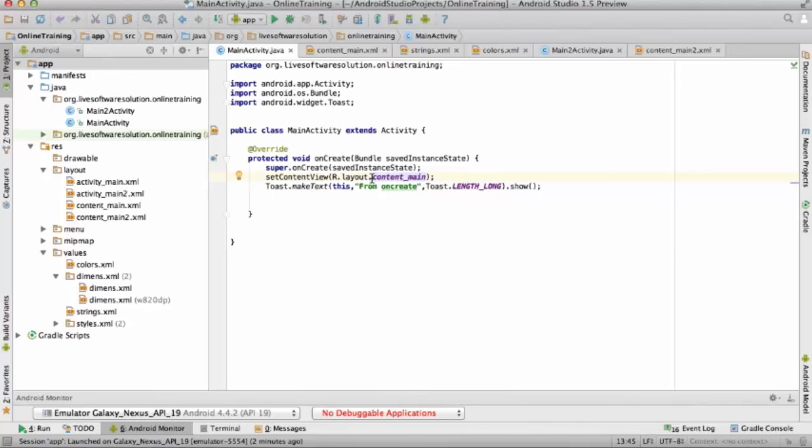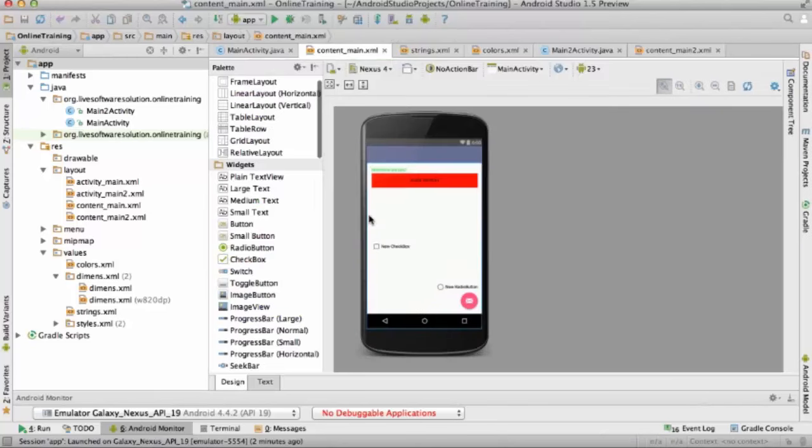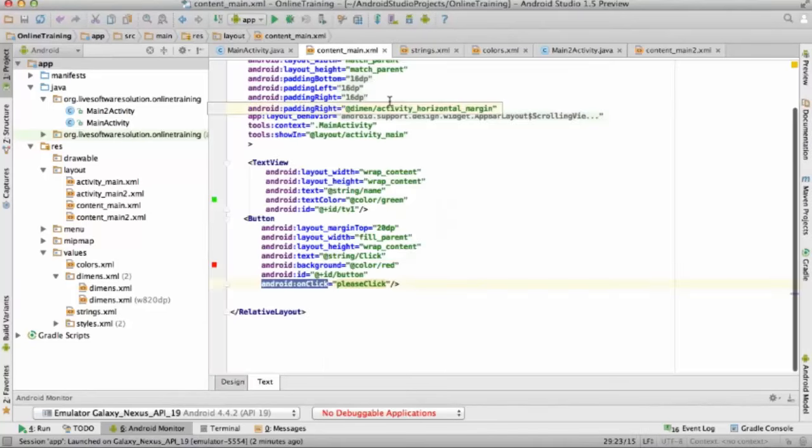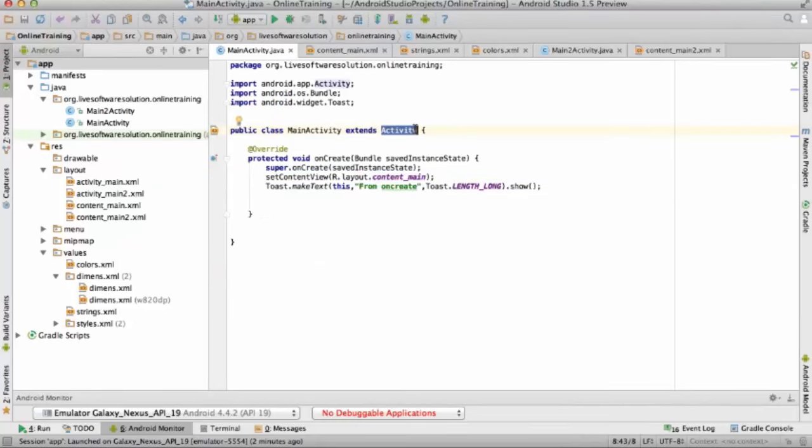Now I want to change the text dynamically. For example, run the app. Now here, "Nitin, how are you?" I want to change this text when I click on the button. Yes, I'm fine. When I click on this button, this text has to change. You are getting my point or not? Yeah. So I want to take some action on button click. Whenever I click on this button, this text must be changed. So now I want to change this text dynamically.